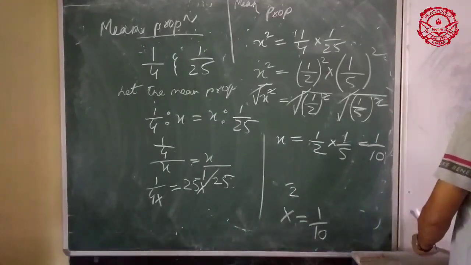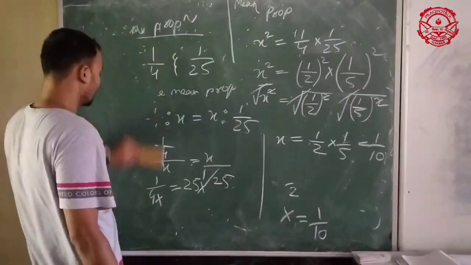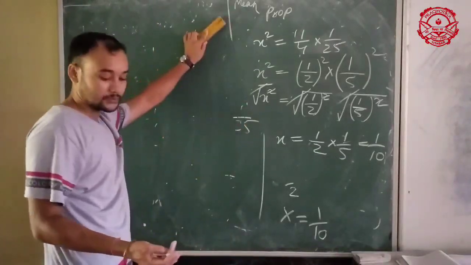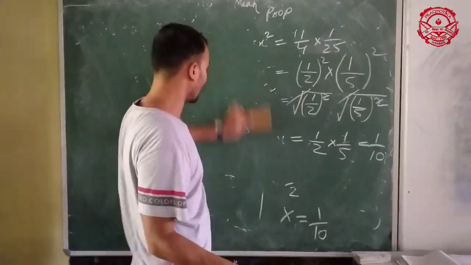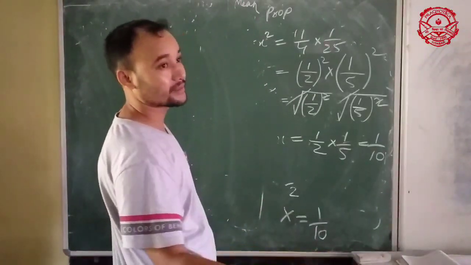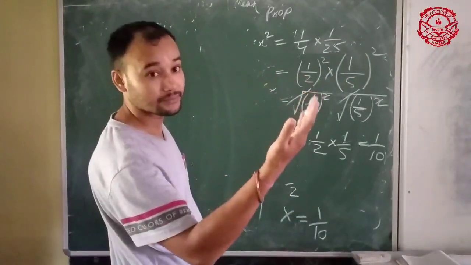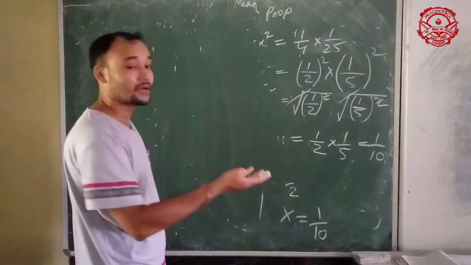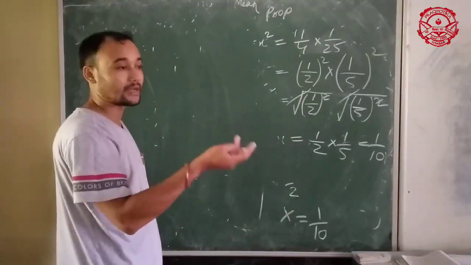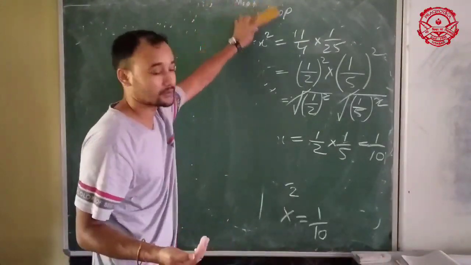Now, one another type is there, third proportion. How can we find a third proportion? See, continuous proportion, mean proportion, fourth proportion, and third proportion. You should know what proportion is. Firstly, how to check whether a given set of numbers are in proportion. Secondly, you should be able to find the mean proportion. Thirdly, how to find the fourth proportion, and lastly, the third proportion.